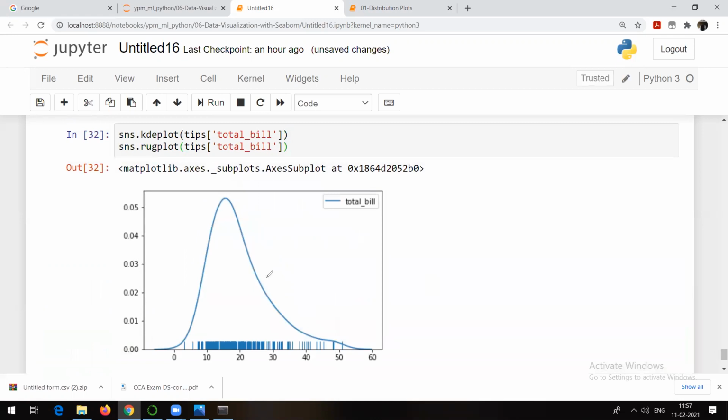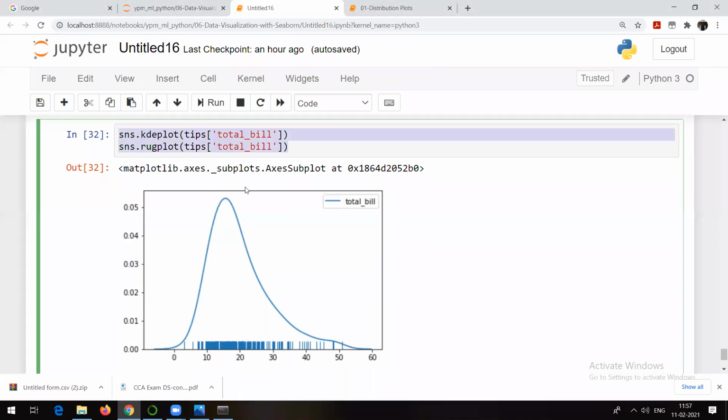As you can notice, I told you earlier that this height is more. Why? Because the values between 10 and 20 are repeated most of the times. And why is this a darker region? Because these values are repeated more number of times. So if it is darker, that's why this height is more. Or you can go vice versa also. One and the same. So the rough plot also shows the same thing, the rough plot or distribution plot. But many times people prefer using the distribution plot. So here I have just plotted both graphs to show the relationship between them.